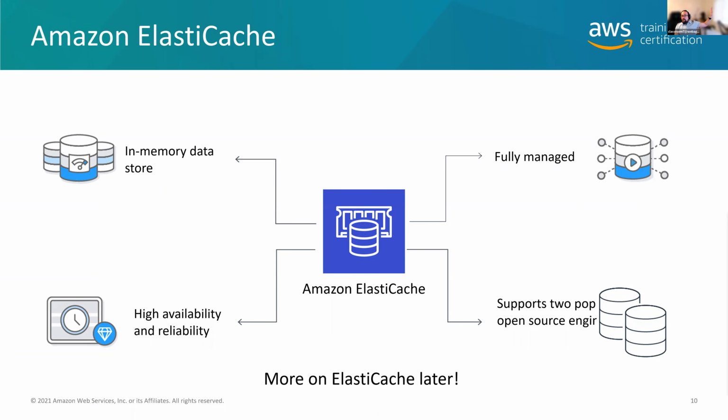Now we're switching gears because we were talking about RDS. We talked about Redshift, and now we're talking about Elasticache. Now Elasticache is a little weird because Elasticache actually has 2 flavors. RDS has like 5 flavors plus Aurora. Redshift only has Redshift. There's one. Elasticache has 2 flavors. It either runs the open source database Redis, REDIS, or Memcached, MEMCACHED. So Elasticache for Redis and Elasticache for Memcached are just 2 open source in-memory databases that are